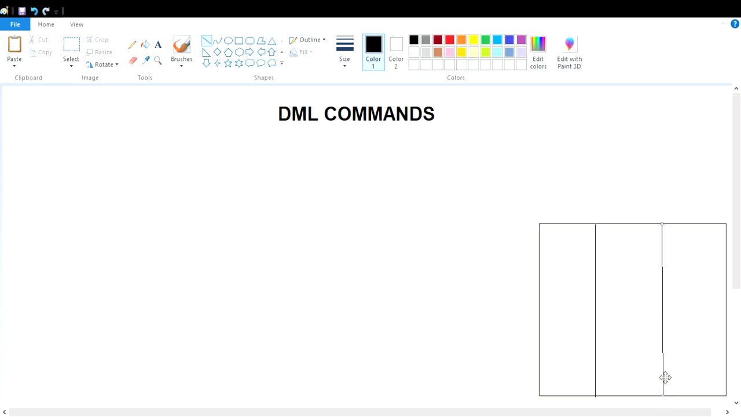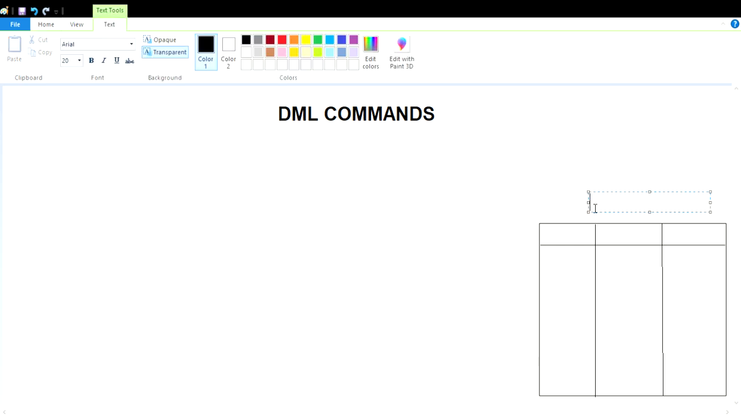So the main purpose of these DML commands is to perform operations on the data that is present inside the table. By using DDL, we perform operations on column headings. When coming to DML, we perform operations on the data that is present inside the table. So for example, here I am taking the table name as student. Normally the student table will have the column names as